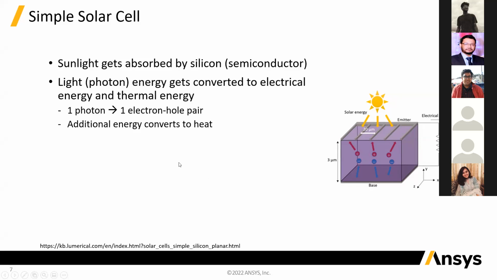The assumption that we make here is that we first calculate how many photons we are capturing, and then we assume that each photon contributes to one electron-hole pair. In the solar spectrum, a lot of the photons have energies above the band gap of silicon. So the assumption is that for any photon with energy above the band gap, this excess energy gets converted to heat. So part of the energy gets used to create electron-hole pairs, and the rest heats up the solar cell.